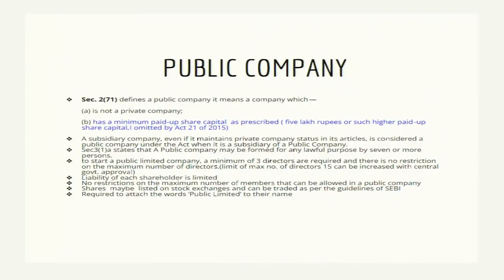First, the public company, which is defined in Section 2(71). In this definition, public company means a company which is not a private company. This definition is a statutory definition given by the Companies Act 2013. If a company is a private company, no doubt it is not treated as a public company. It has a minimum paid